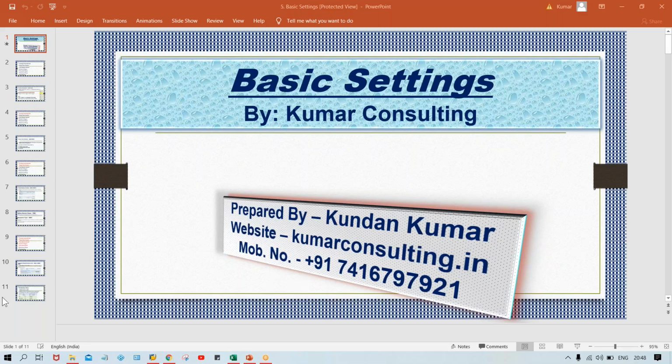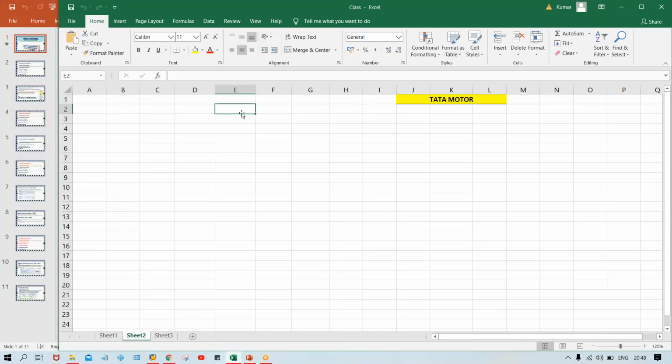Now, as I told you, when we are going to post a transaction, multiple details are required to be entered. For example, for which subsidiary is the transaction getting posted: Tata Motor, Tata Steel, Tata Chemical? This is already set up in SAP as a company code. So if it is going to be posted for Tata Motor,